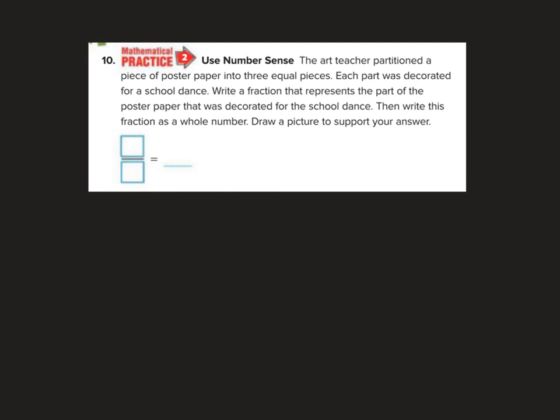Use number sense. The art teacher partitioned a piece of, partition just means sectioned off, folded, a piece of paper, poster paper, into 3 equal pieces. Each part was decorated for a school dance. Write a fraction that represents the part of the poster paper that was decorated for the school dance. Then write this fraction as a whole number. Draw a picture to support your answer. Okay, so I know that 3 out of 3 pieces were colored for the school dance, which is 1 whole poster paper. If I were to draw this